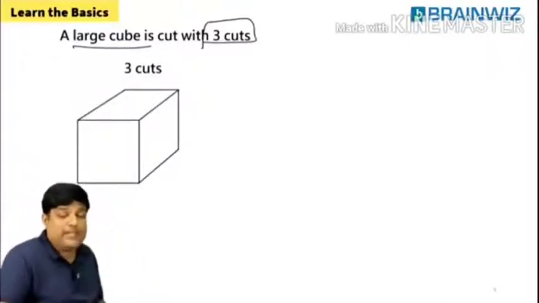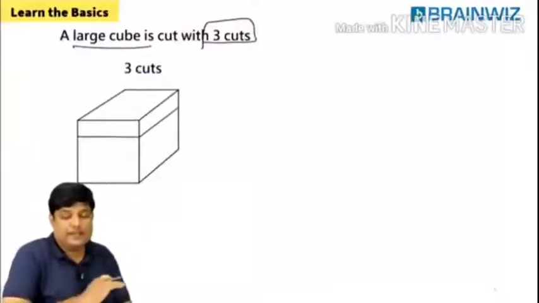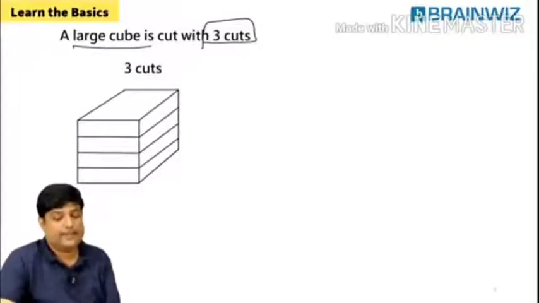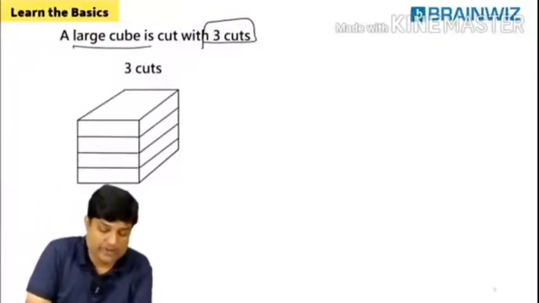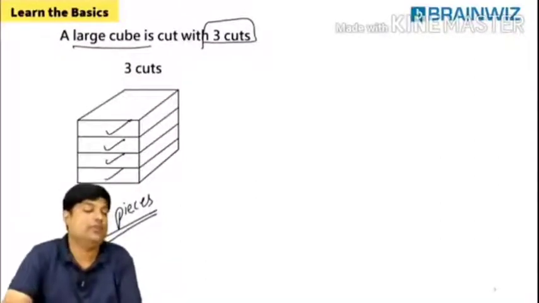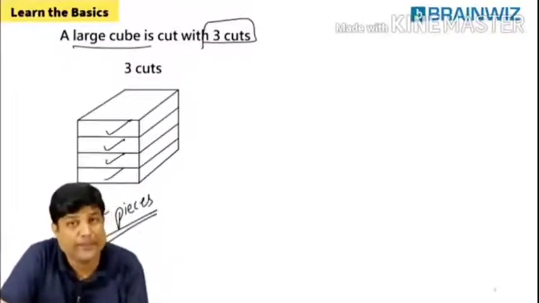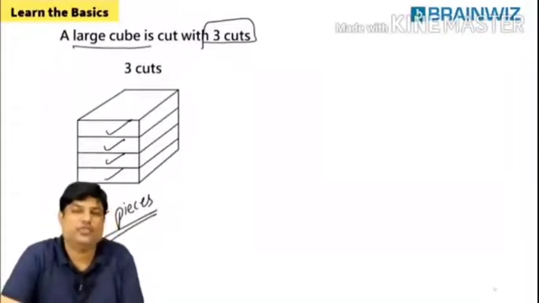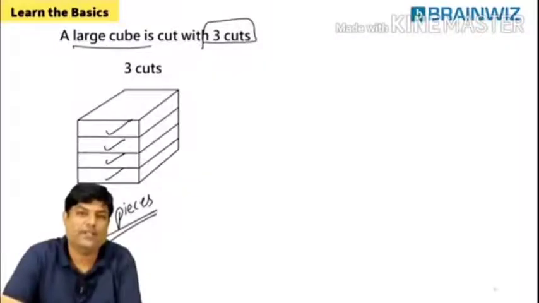How many cuts I'm making? 3 cuts. Look at the first cut. This is the first cut. This is the second cut, students, and this is the third cut. When I make 3 cuts, how many pieces you have? 4 pieces. 1, 2, 3, 4. Are you sure, everybody? Do you think this is maximum pieces which you are going to make? No. This is not maximum pieces which you are going to make. Are you understanding, everybody? Say yes or no.